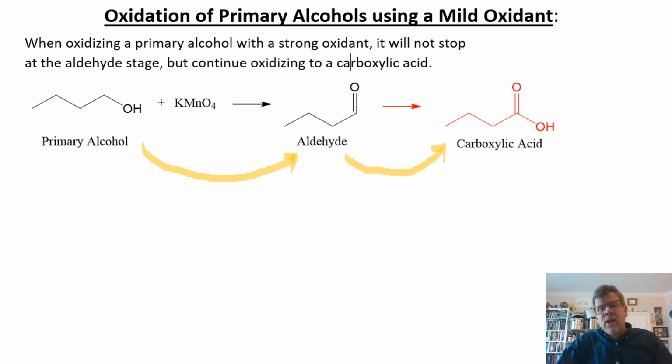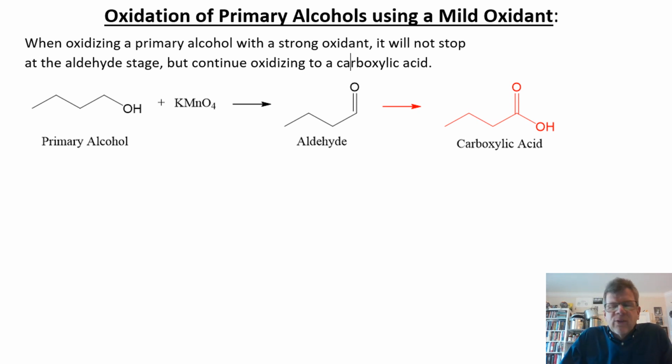So really, treating a primary alcohol with a strong oxidant, we get a carboxylic acid because we have no way of stopping it at the aldehyde stage. It oxidizes until it can oxidize no more using that strong oxidant, potassium permanganate. Well, this problem has been addressed, and in order to